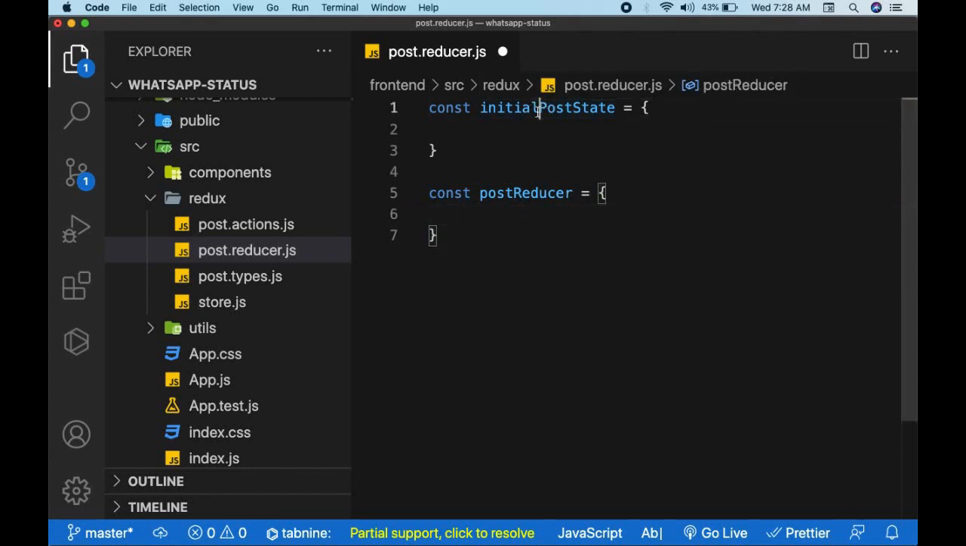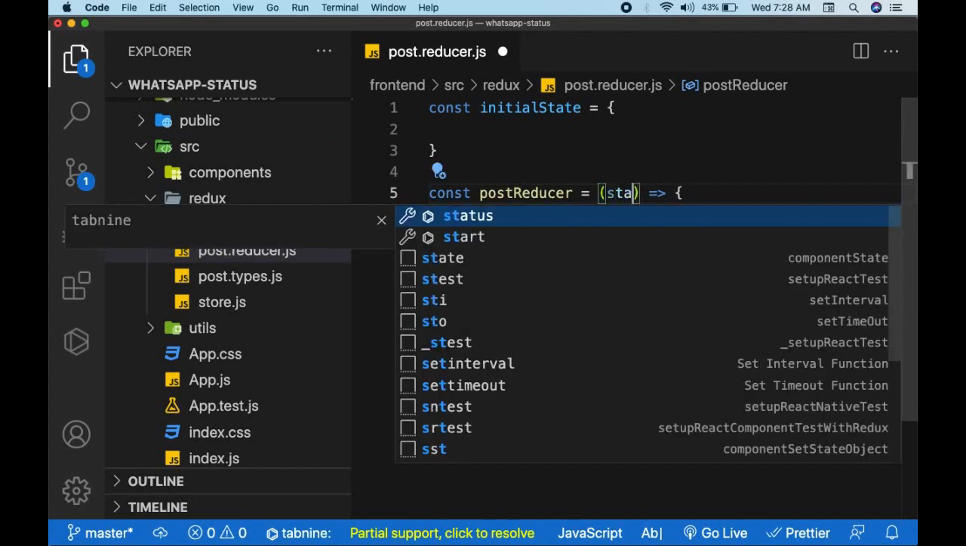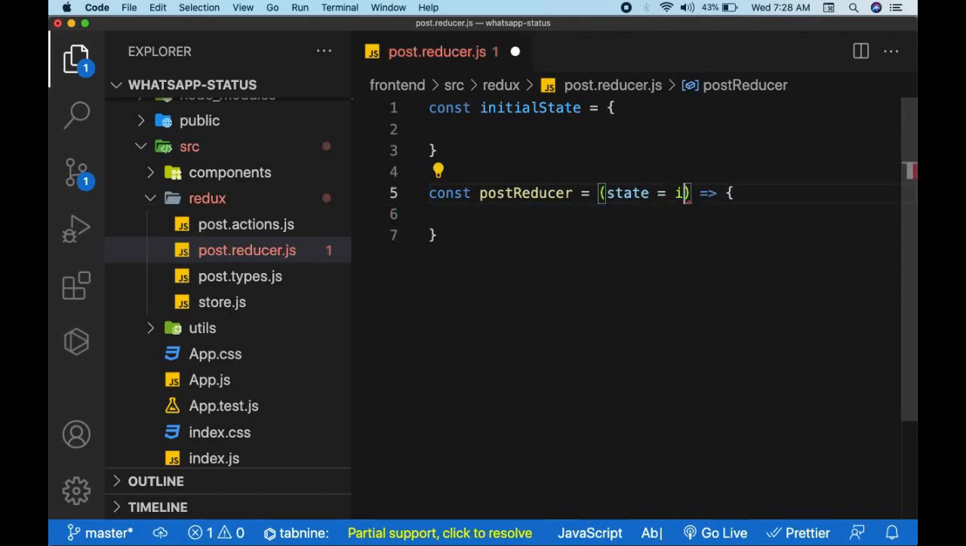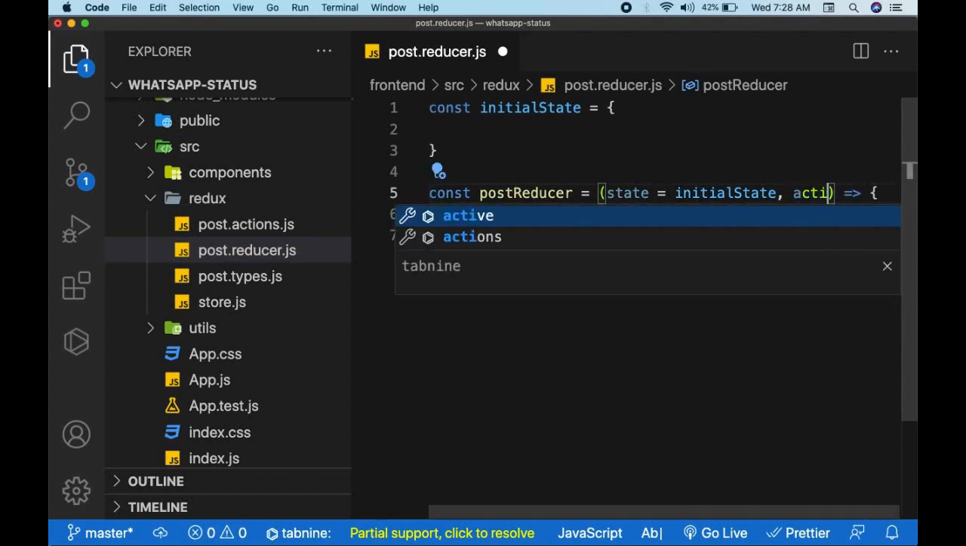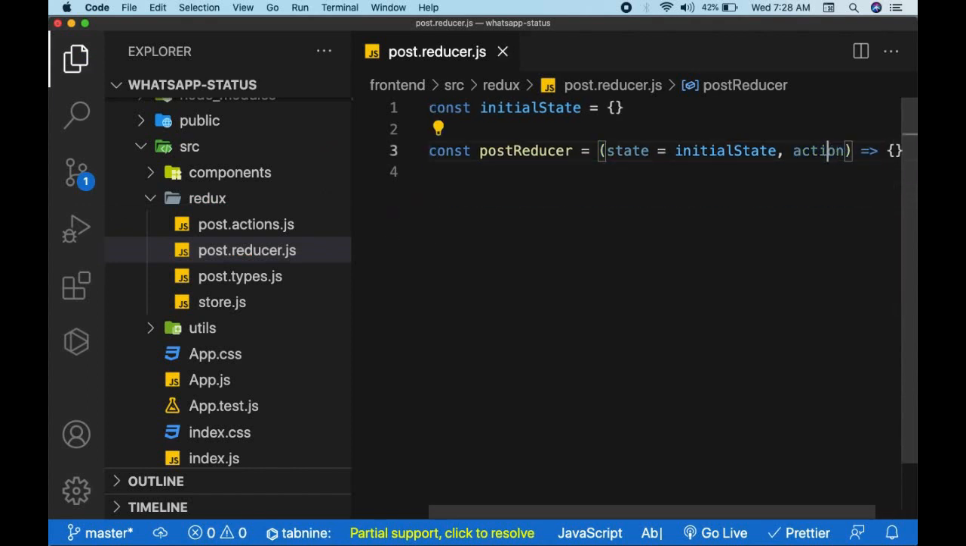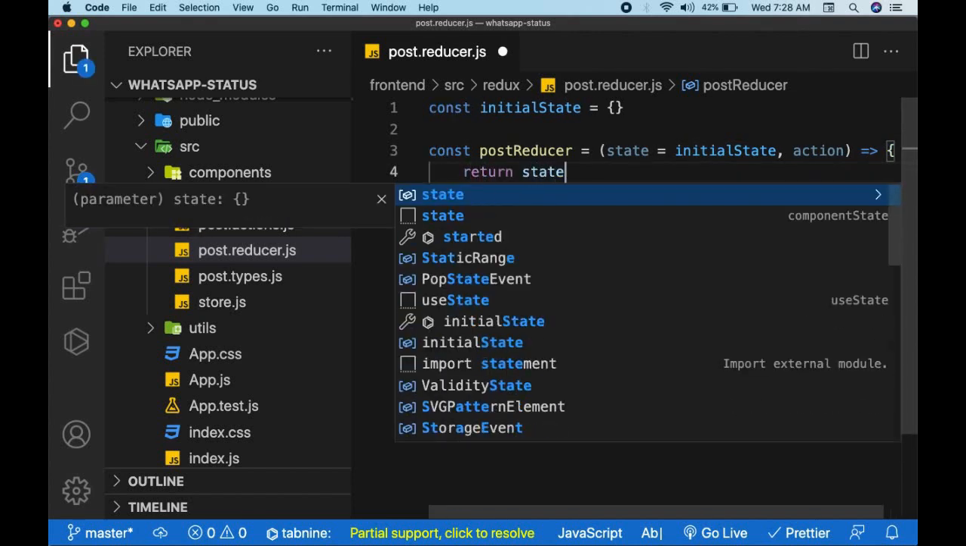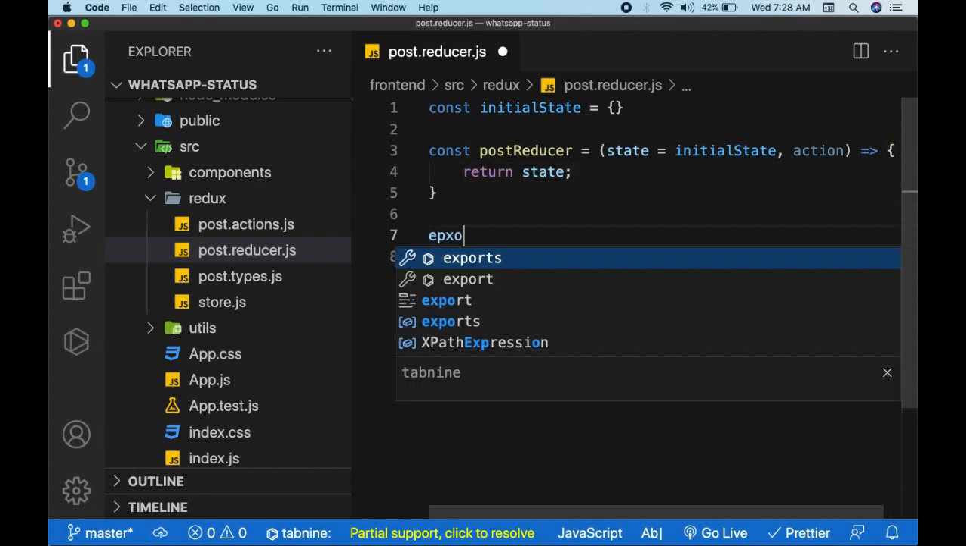Okay, that's fine. I will just name it initial state actually. So post reducer is actually a function which will receive the current state. Let's say the current state, by default we'll set state to initial state, and also it will receive the action element, and here it has to return some kind of state. For now we'll just return state here, and what we'll do, we'll export